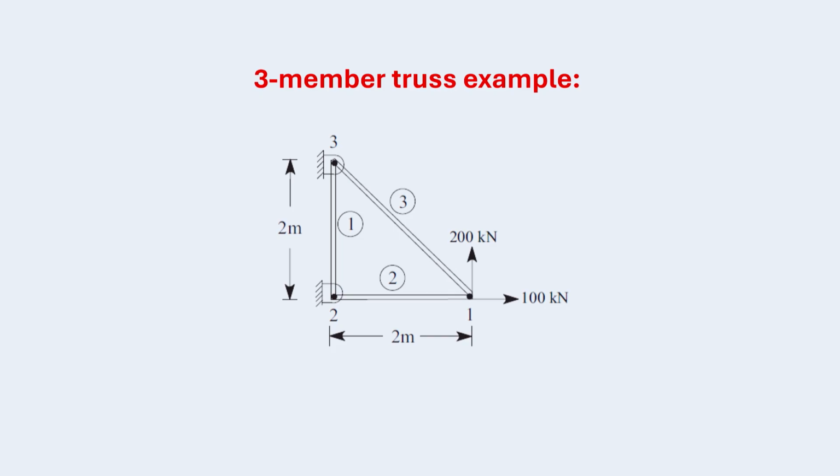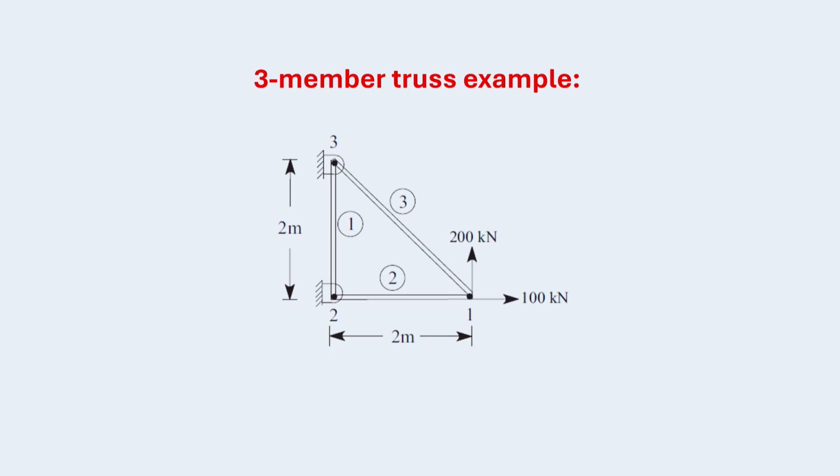Obviously, they will impose a certain kind of restriction on the moment of 3. You can very well see that 2 is completely restrained. It cannot move in x and y displacement. And as well as node 3 is x and y displacement. So there are 4 displacement boundary conditions at node 2 and 3 together, and a set of force boundary conditions